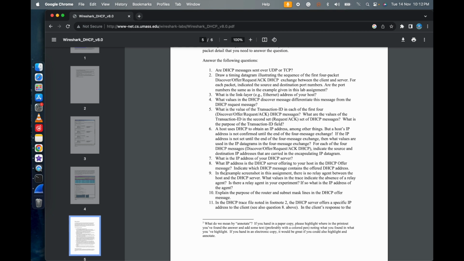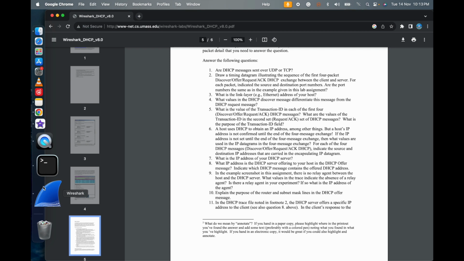Next question: in the example, is there a relay agent between the host and the DHCP server, and what value in the trace indicates the absence of a relay agent? Is there a relay agent in your experiment? So for that,